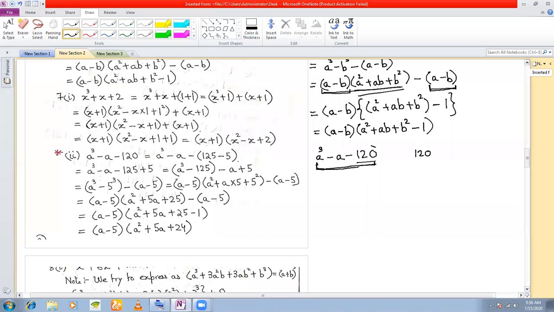We want to split this entire expression into 4 terms. And how do I split? I can split 120 into a sum or a difference of 2 numbers, right? But what 2 numbers? I want to split 120 in such a way that it becomes a difference of 2 numbers in such a way that in those 2 numbers, one is the cube of the other. See, 5 cubed, you get 125. Understood? Any questions here?